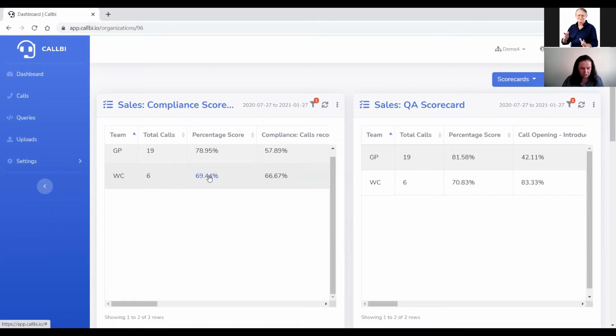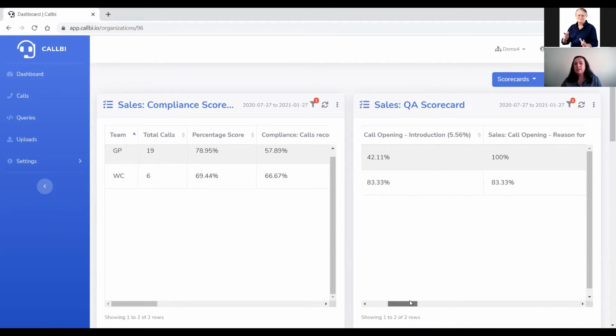Similarly, I'm also just going to show you any other dashboard, so any of your other scorecards. Here we're looking at only a sales scorecard, which we've grouped. This is your overall QA scorecard, so it's not just your compliance checks. I'm going to take you to the right, but we've built queries for your call opening, your introduction, saying who you're phoning on behalf of, and the reason for your call. Your compliance statements are in there,